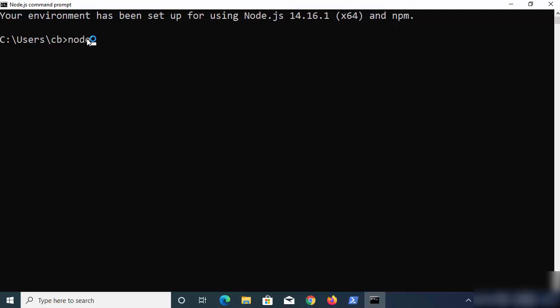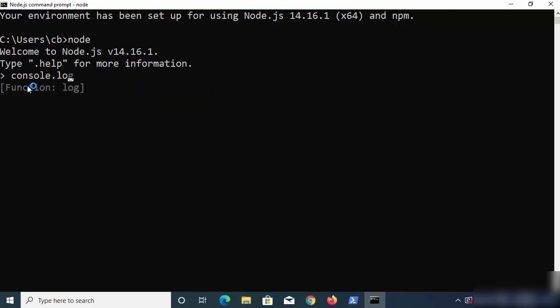So here you can just type node and then press enter, which is going to open the node REPL. So this kind of node REPL is very useful when you want to quickly test some commands, and even you can test more complicated stuff. So for example, I'm going to just write console.log here, and inside these parentheses I can add either double quotes or single quotes, and then I can just type hello world here and then press enter, which is going to just print hello world. Also you can do some basic arithmetic operations, or you can import some modules here and test those modules. So everything is possible using this